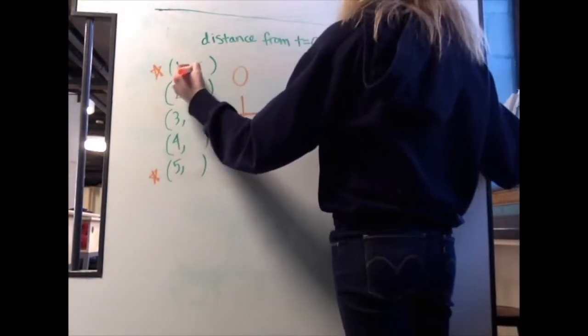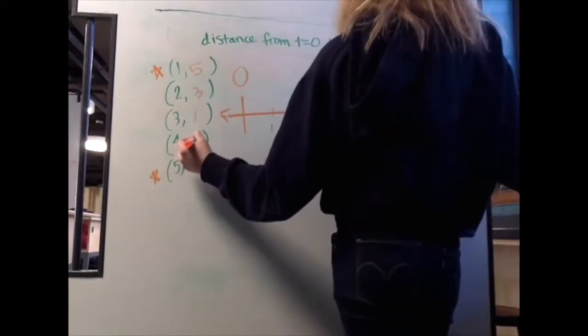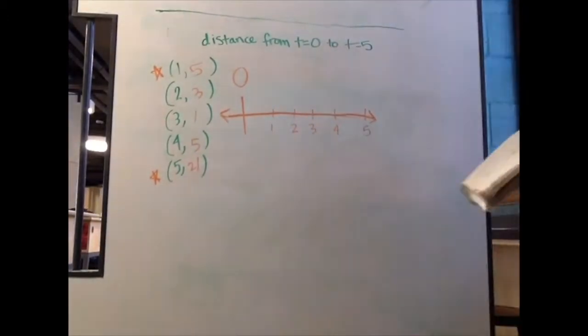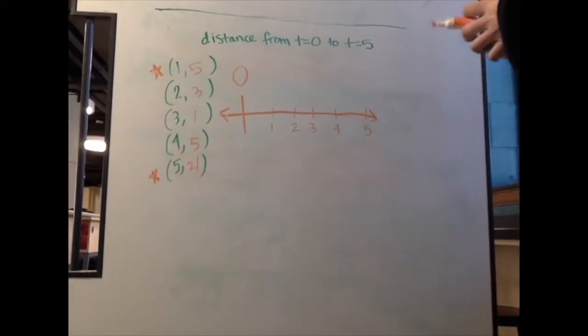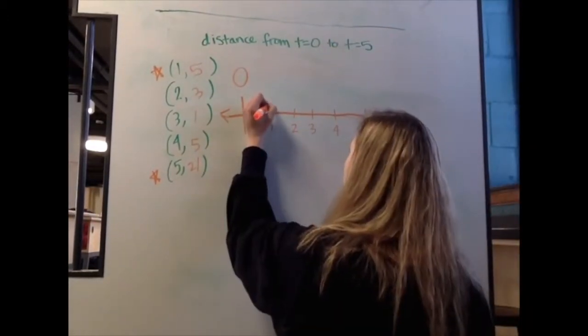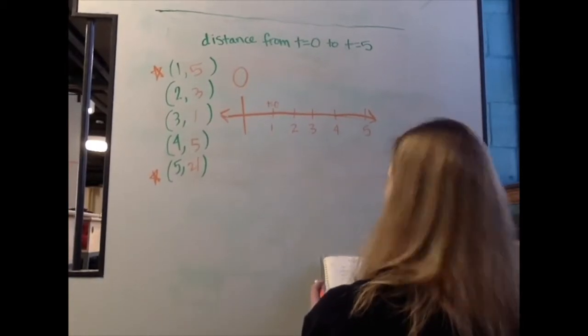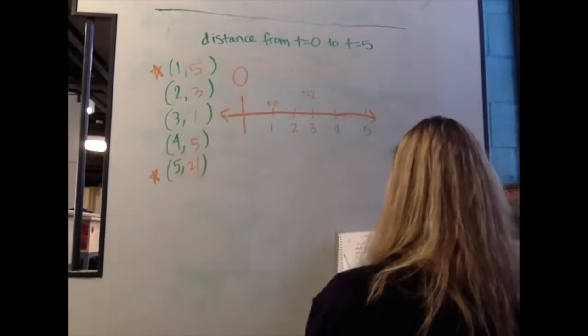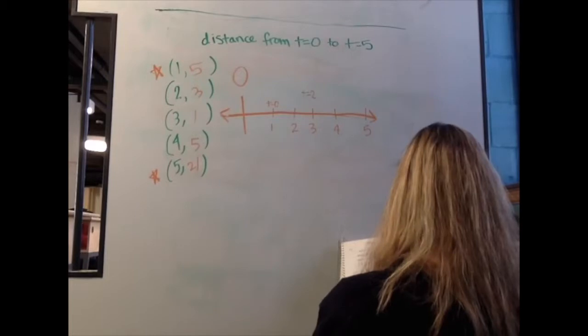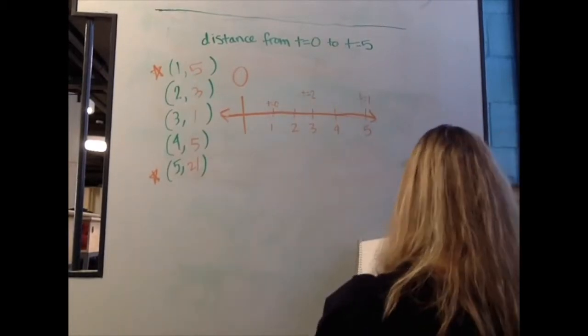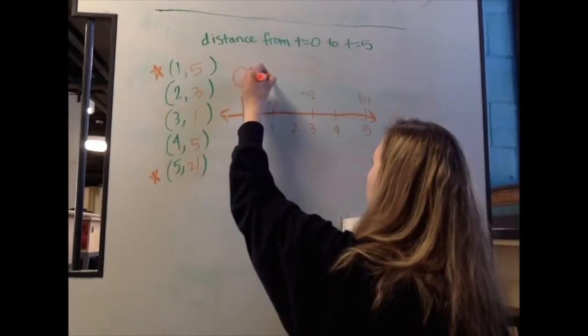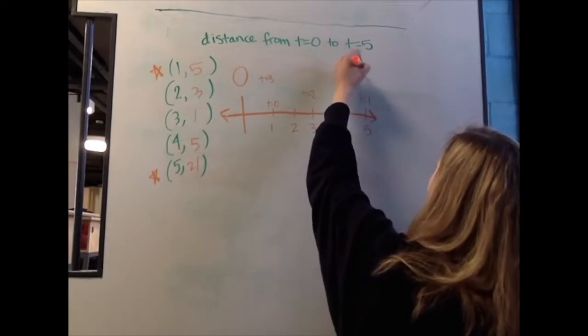To find the distance traveled from time 0 to time 5, or 5 seconds, you have to plot each value from 0 to 5, t equals 0, 1, 2, 3, 4, 5. So you find the y values by plugging the